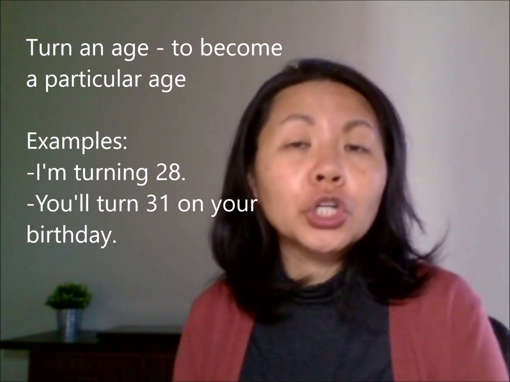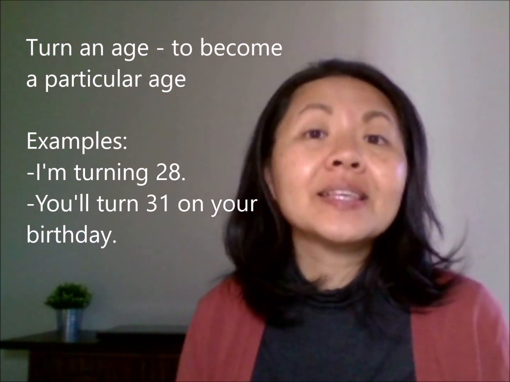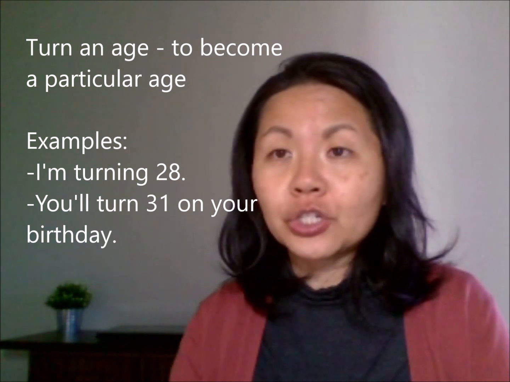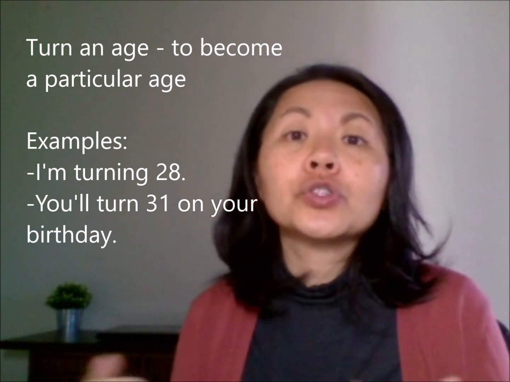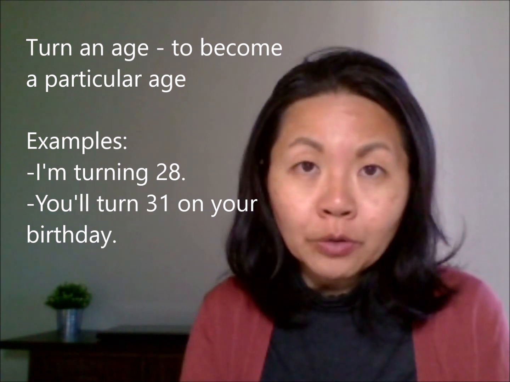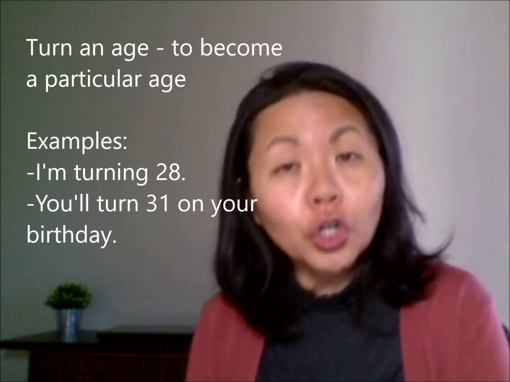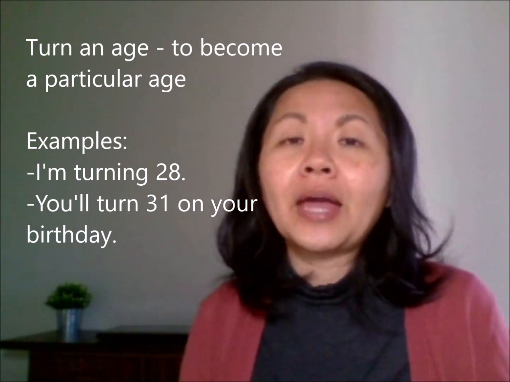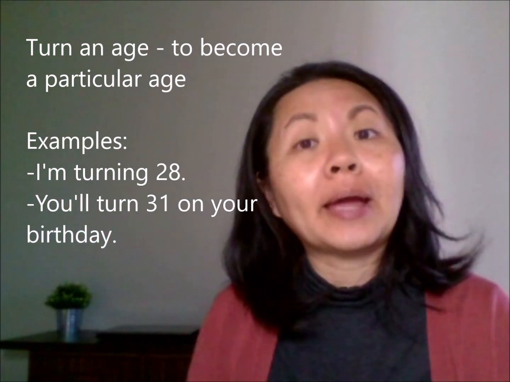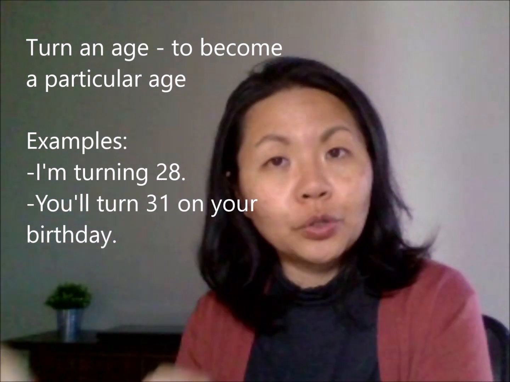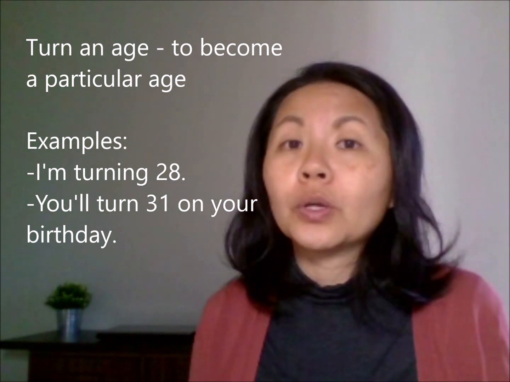Here we have a very useful verb, turn. So we turn whatever age. And this is before we reach the age, we can say I'm turning. So for example, if you are 30 right now, and let's say your birthday is next week and you will be turning 31. Okay, so that means that you're not at that age yet, but you're gonna turn, you're going into that age. So we use turn. So you can say, oh, next week I'm turning 45. Or next week is my birthday and I am turning 28.